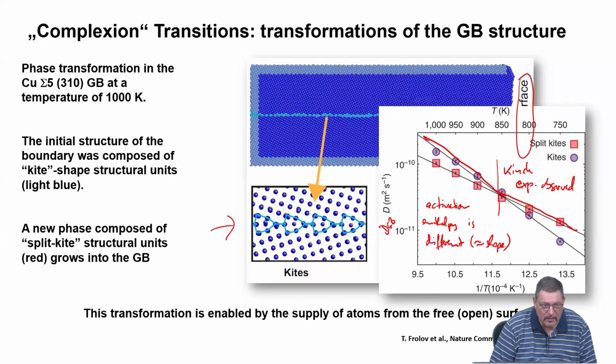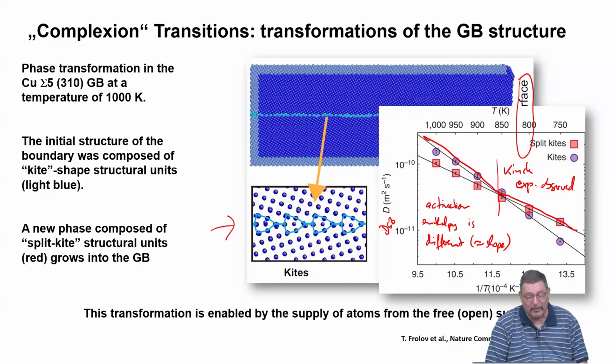If you have a disconnection at the boundary, then this will probably affect even more the diffusivity, because it's a defect inside of a defect. So there is additional excess volume associated with disconnections. Likewise with disclinations. So you have then additional stress fields at these points, and more open structure. So it means that this will accelerate the diffusion.